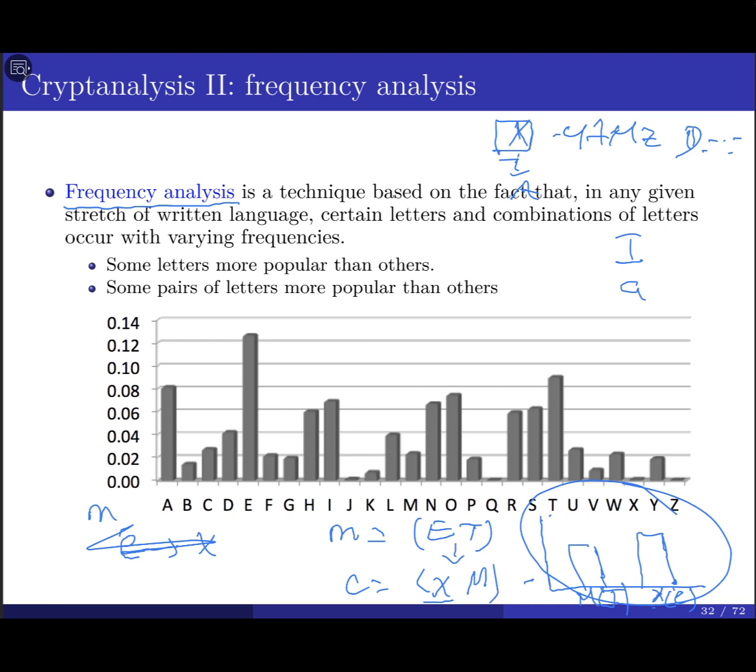So that's one letter. How about two letters? I'm talking about the word frequency, not the letter frequencies. What are the two most common words in the English language that contain two letters?